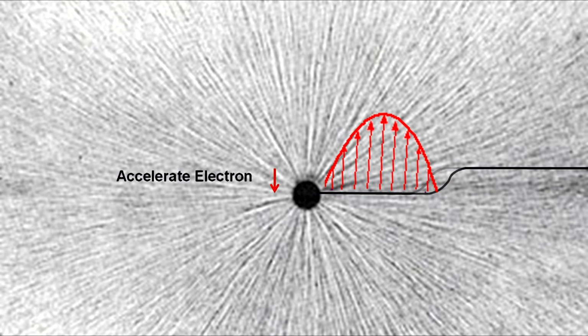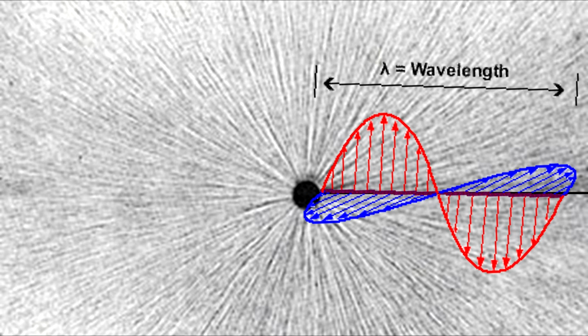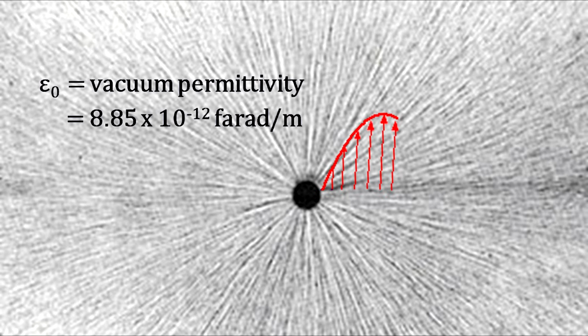Furthermore, he showed that a changing electric field created a magnetic field, and a changing magnetic field created an electric field. So the accelerated electron creates a disturbance in the electric field that propagates itself through space as an electromagnetic wave. Earlier, Michael Faraday and André Ampère had measured the resistance of empty space to the forming of electric fields